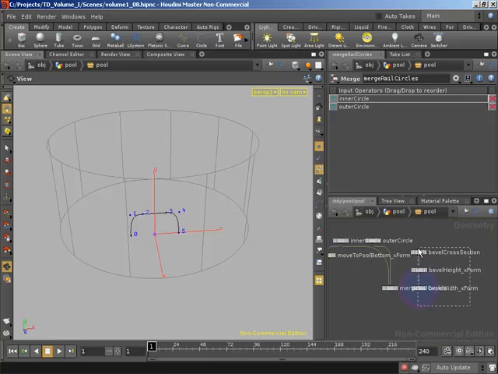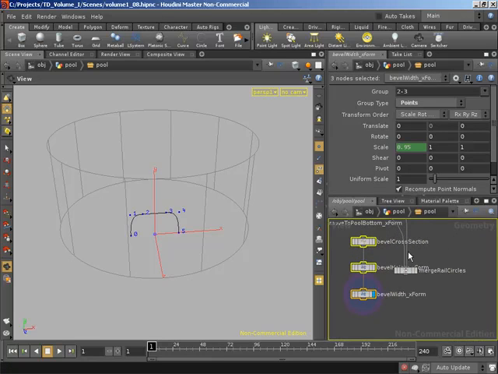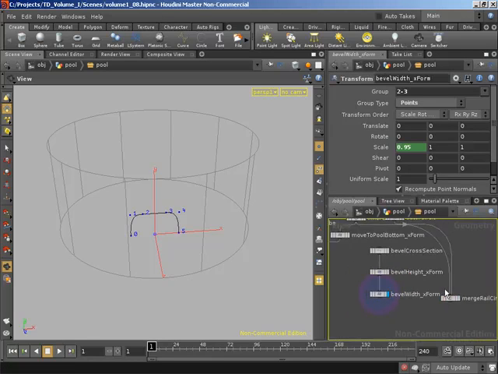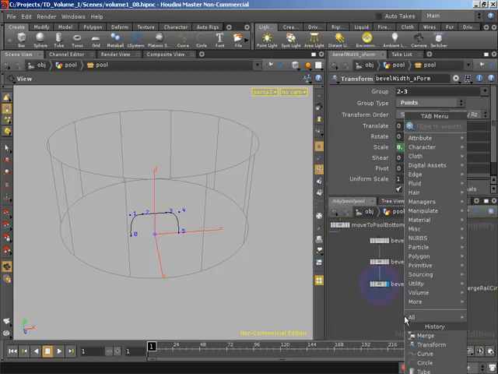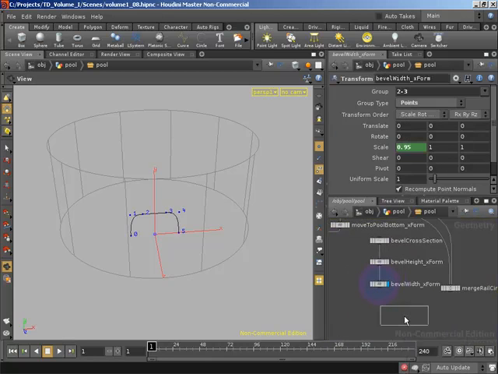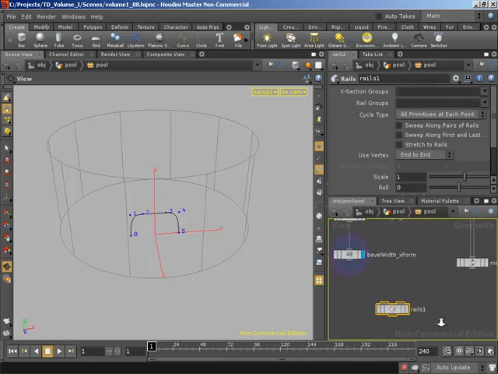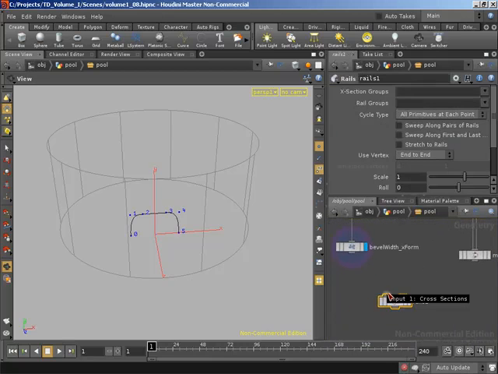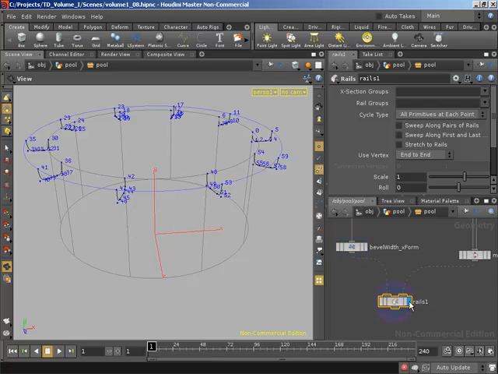And I'm going to grab our cross-sections and move them over to the left. That'll become apparent in a second. So let's push tab, and let's create a rail SOP. And if we middle-click on the inputs to the rails, we have our cross-sections, which is why I wanted to name that curve originally cross-section. And we have our rails, which are the circles. So let's wire our circles into the rails. Let's wire our curve into the cross-sections. And if we bring up our visibility,